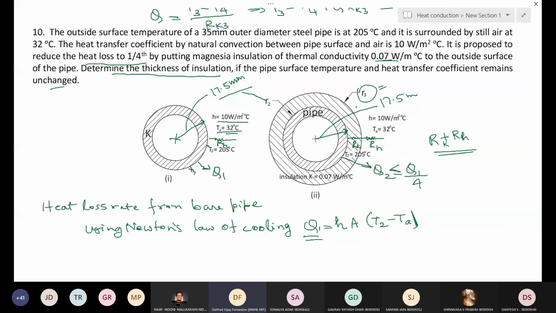R2 is 17.5 millimeter, so you start with an R3 value a little more than that, maybe 20 millimeter or 18 millimeters. Then calculate iteratively and you can obtain the value of R3. Let's see how many of you can do this problem